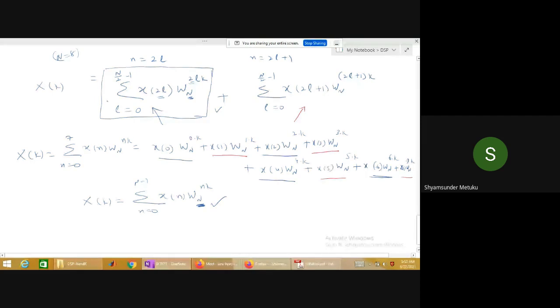So that is the reason there is a need to convert this particular box with a base of n to n by 2. So how can I do it is, I wanted to tell you Wn is written as e power minus j 2 pi by capital N, isn't it? Yes or no? This is a twiddle factor, no? You said in the beginning of the class. Yes, sir. Okay. If I'm modifying this n by 2, can I write n by 2 here also? Yes, sir. We can write. Yeah, then it can be written as e power minus j 2 pi by capital N. Can I write this way?